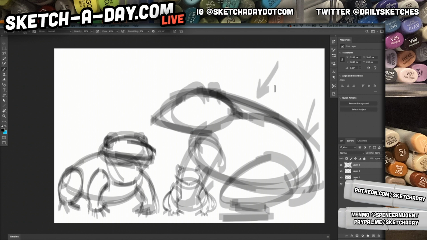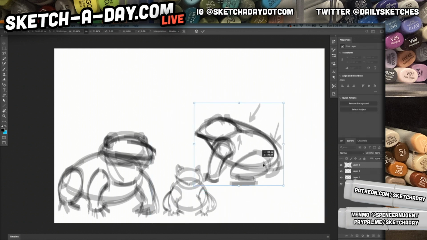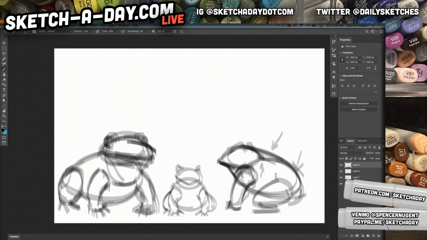You know, is it more of a straight line or does it dip? That's something I'm not sure on. The throat as well. But drawing in this way helps me just quickly, you know, this is akin to drawing with marker,